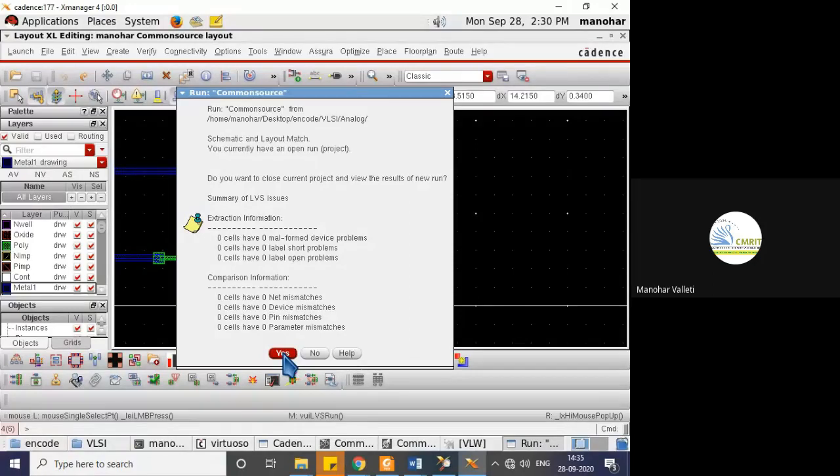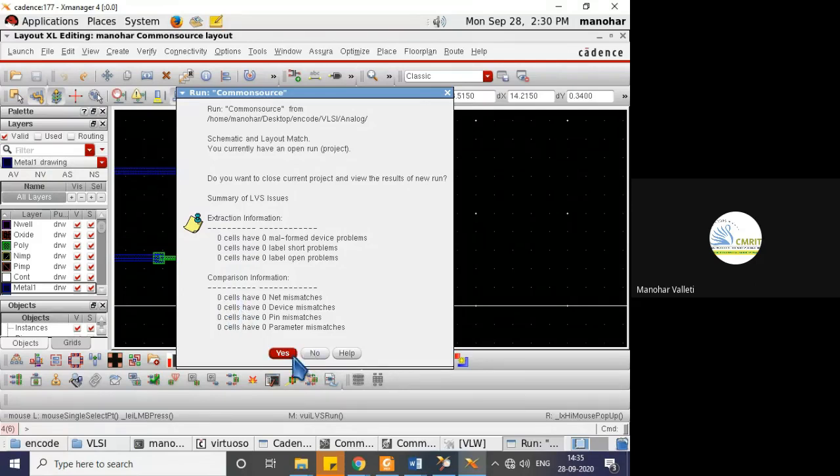Comparison info. What is the actual LVS elaboration, Ashwin? Layout versus schematic, sir. That only, right? It is comparing layout with your schematic connections. Especially LVS checks the connections: how your layout connections compare with your schematic connections, whether both are the same or not. If any connection is missing, then obviously this won't give 000.